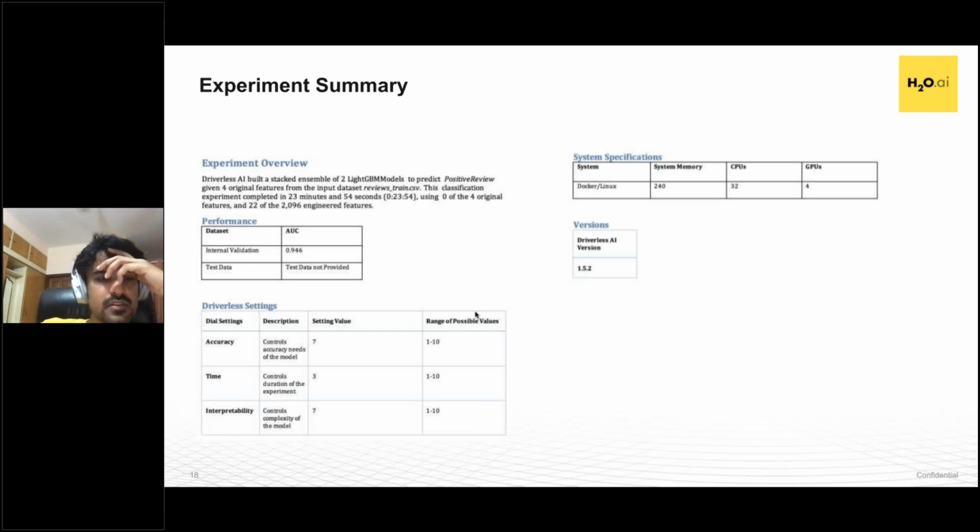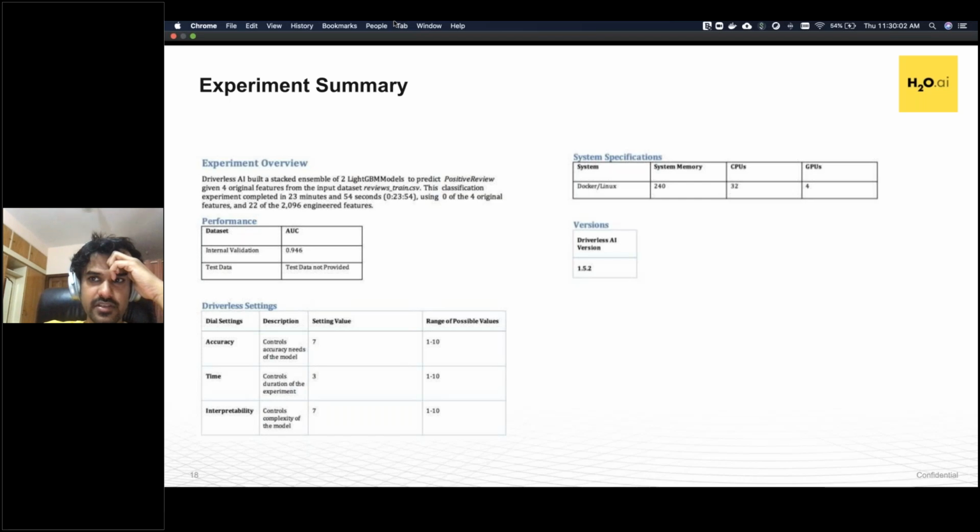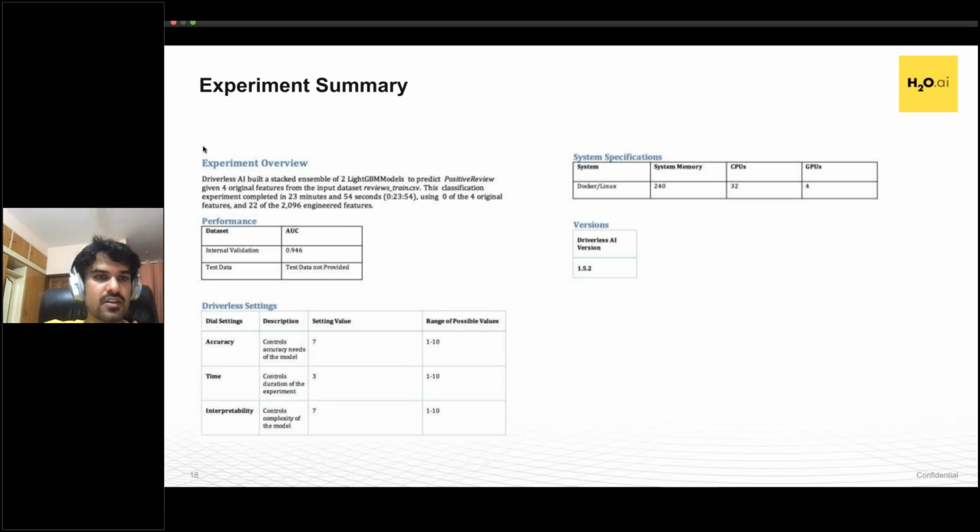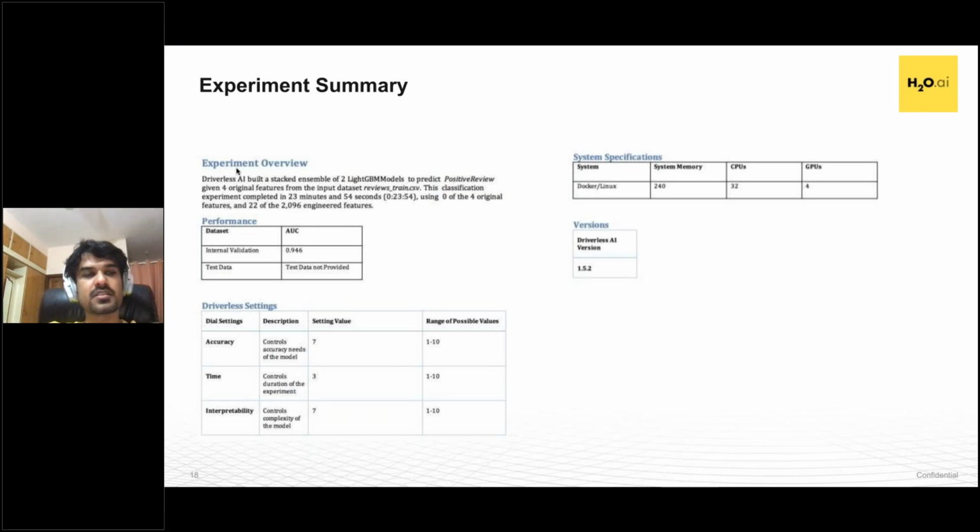So now we'll go through a sample AutoDoc which gets created for Driverless AI, and the various sections which we have been discussing till now. So the first subsection is an experiment overview. It says Driverless AI built a stacked ensemble of 2 LightGBM models to predict positive review. And there were 4 original features in the data set,